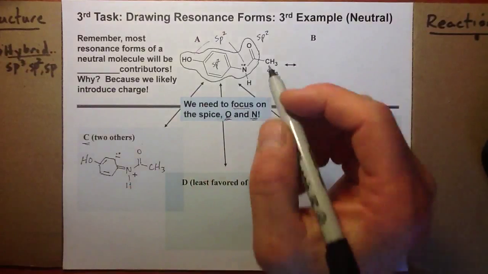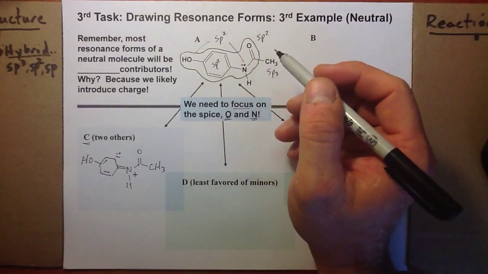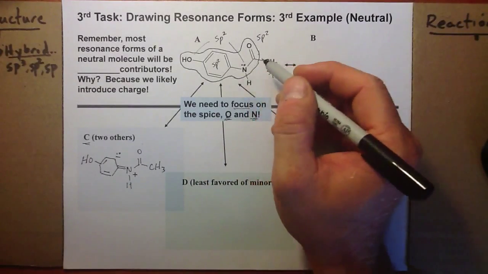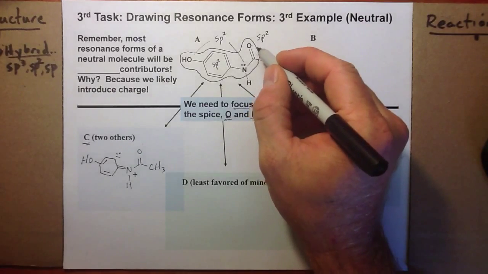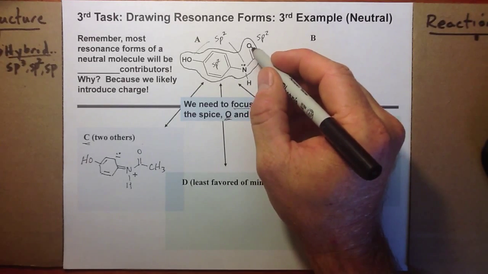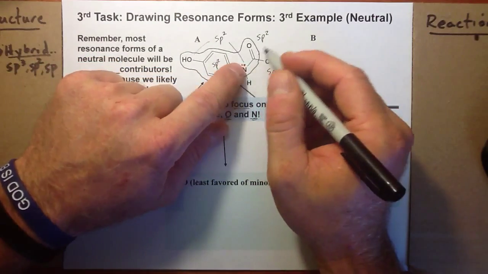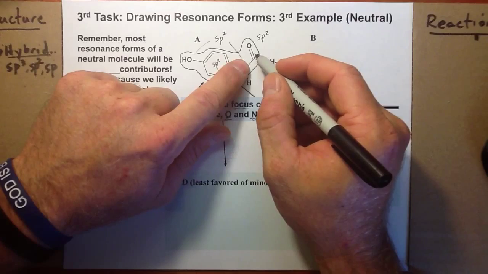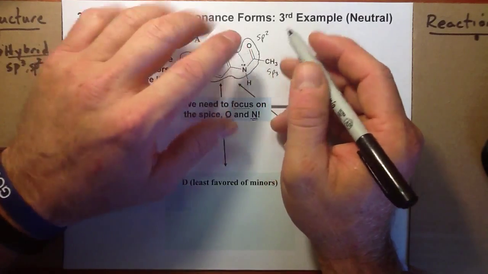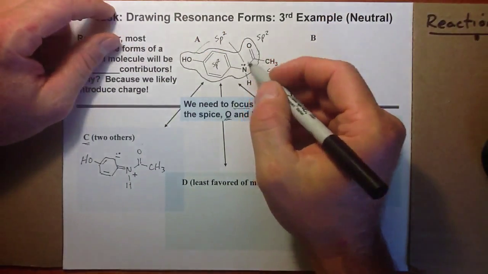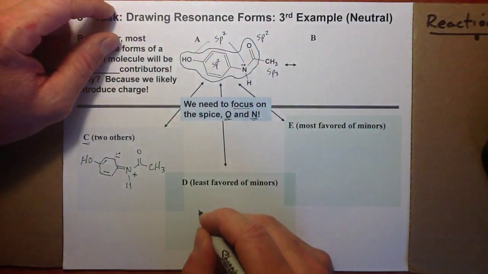Now we can also consider, as we look at drawing resonance forms, the pull effect of oxygens in a pi bond. That might be a place to start. If you don't have a lone pair next to a pi bond, you can just consider atoms or heteroatoms that are in a pi bond. So here we have an O that's in a pi bond,